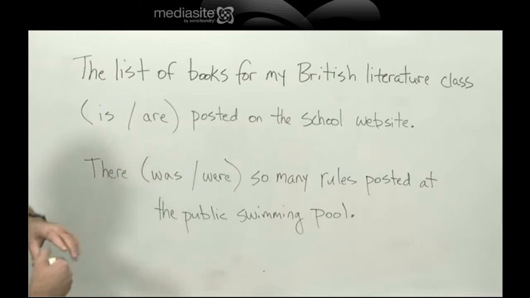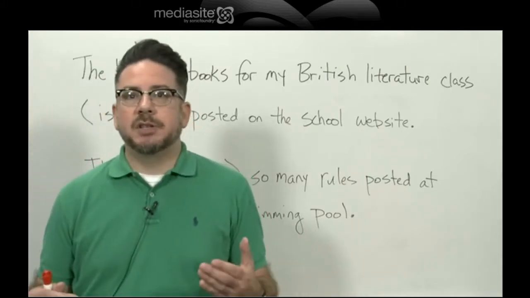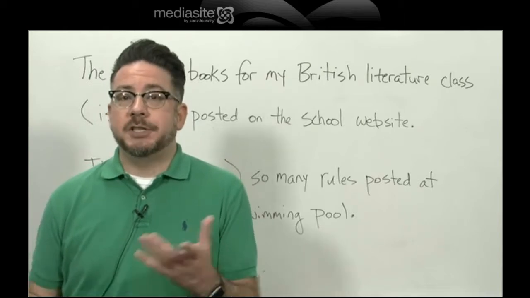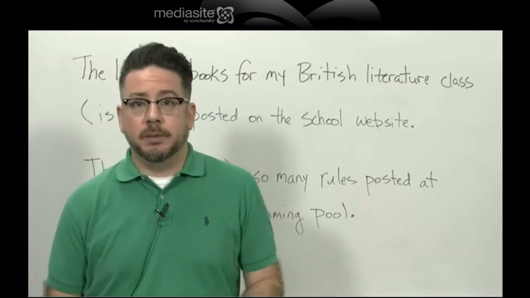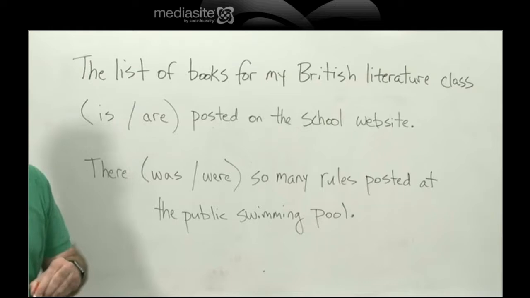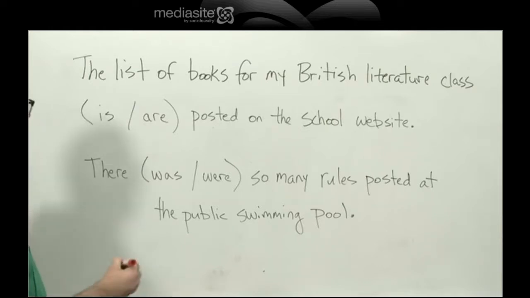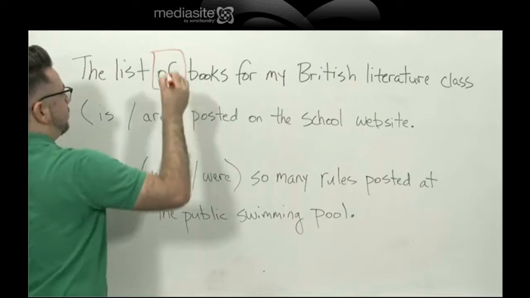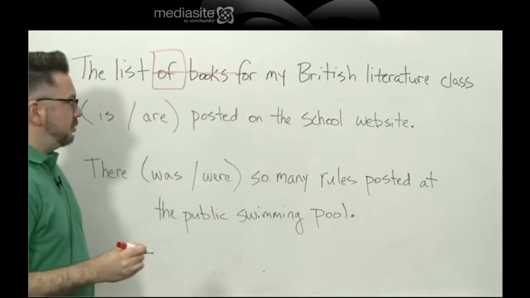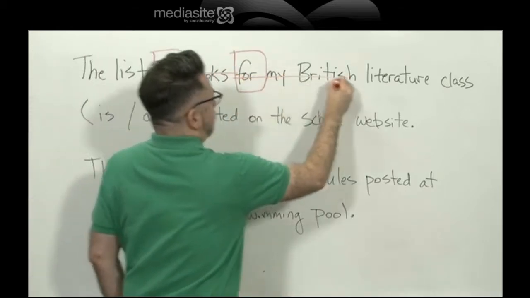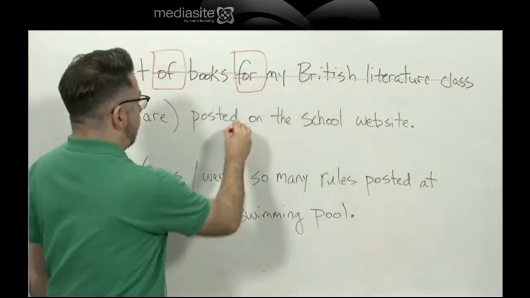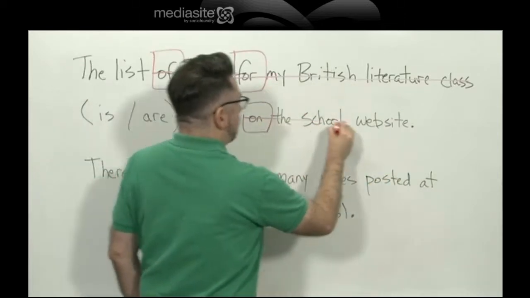The list of books for my British literature class is or are posted on the school website. Now remember, sometimes we can have words come between the subject and the verb, which is why it is so important to cross out any prepositional phrases that might come between them. So, do we see any prepositional phrases here? Well, I see the word of is a preposition, so of books is a prepositional phrase. I see for is a preposition, for my British literature class, and on is a preposition, on the school website